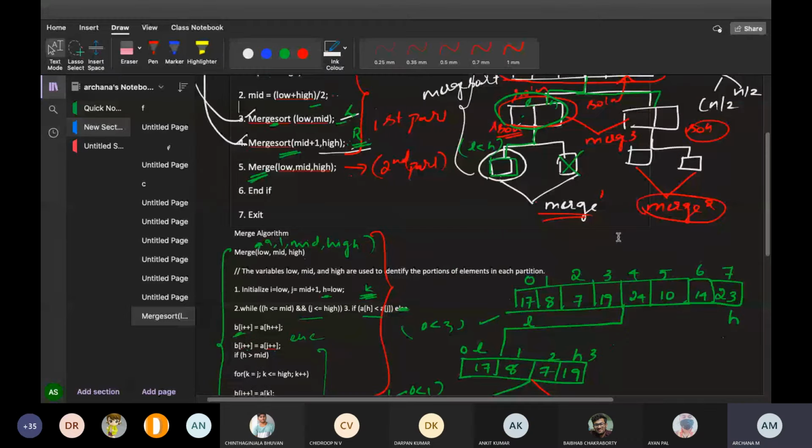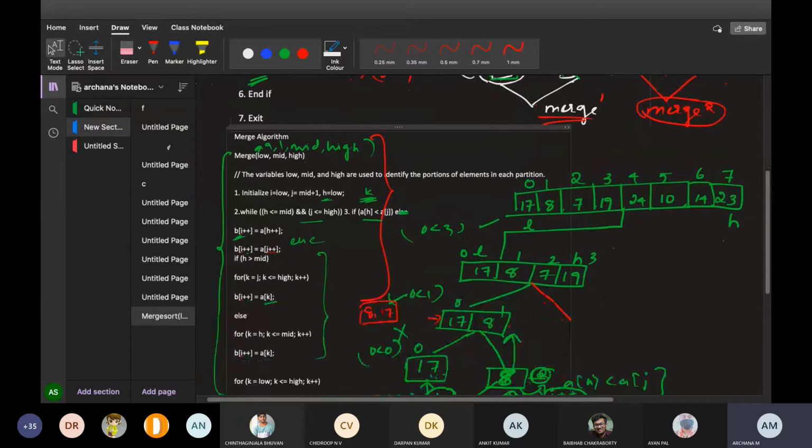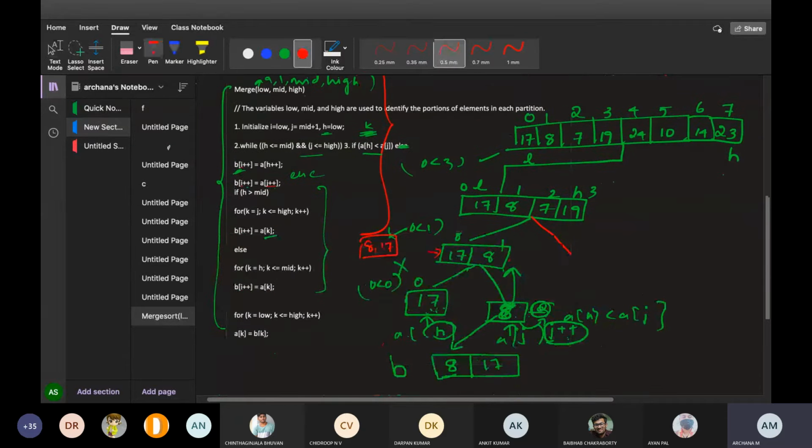Okay. I have done the merge part. Now I have to do this part. Still the right hand side is remaining for me. I will go back to the right hand side now. First right hand side I got. Now again I have to go back to this one. Again divide this into two equal halves. That is, you will get the right hand side, that is, mid plus 1 comma high. That is the next right hand side. So I will get what? 7 and 19.